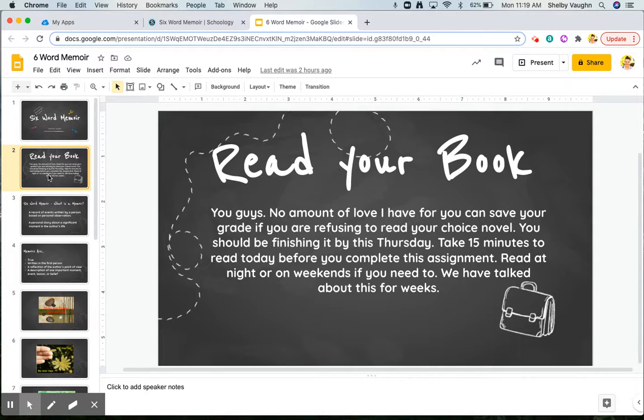I need you to be reading. If 15 to 30 minutes on Monday or Tuesday is not helping you, you need to be reading in the evenings. You need to be reading on the weekends. We have talked about this for the past couple weeks, so I need you to take responsibility and get to reading that book. As far as 6-word memoirs are concerned,